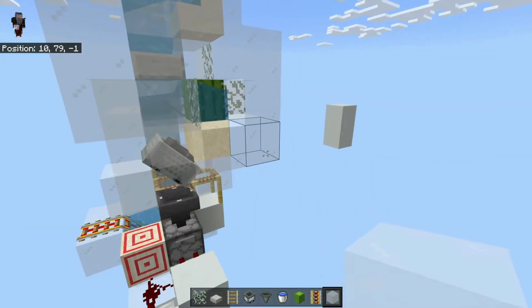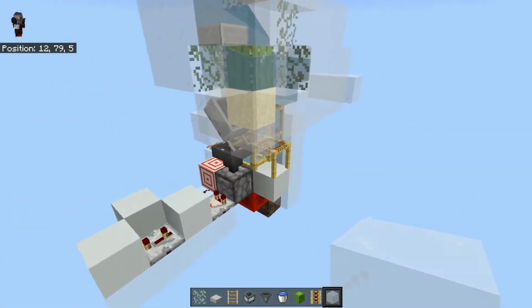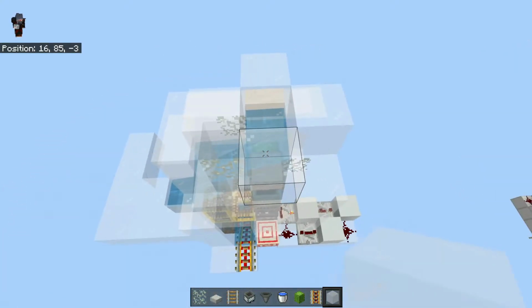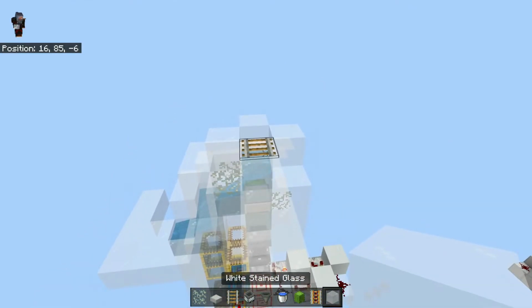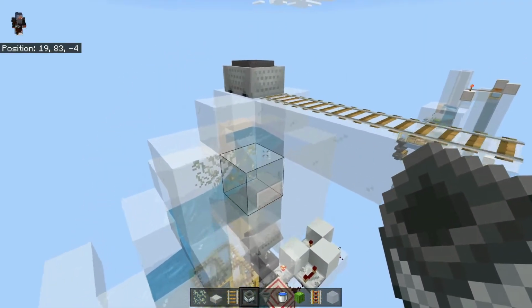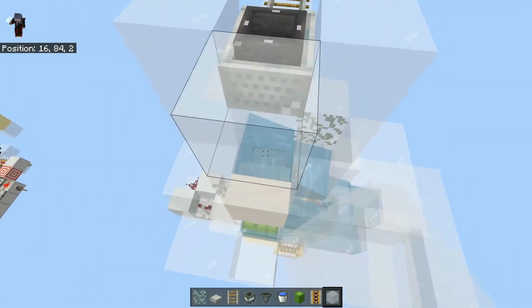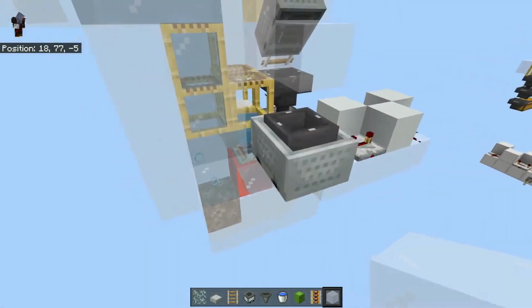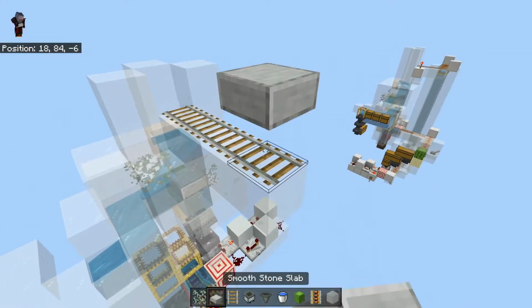Now, how does this thing actually work? Because we're done with the build. This entire thing is now done. How does it work? Well, as a minecart enters the area, even though there's a slab there, let me just barricade that off, just to make it nice and easy. As a minecart falls down,